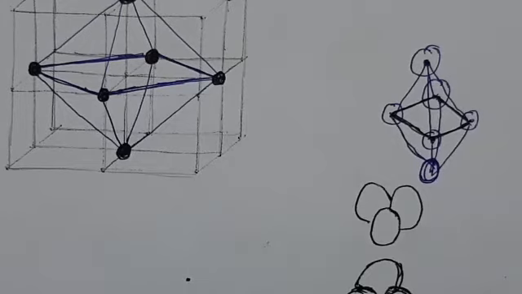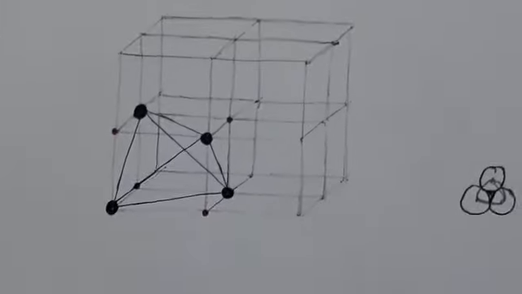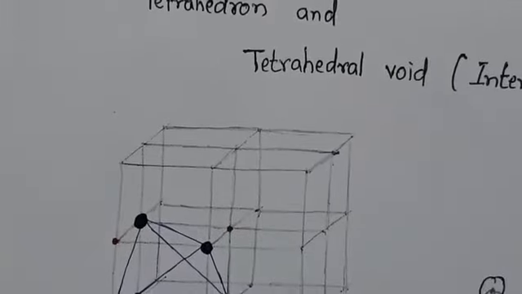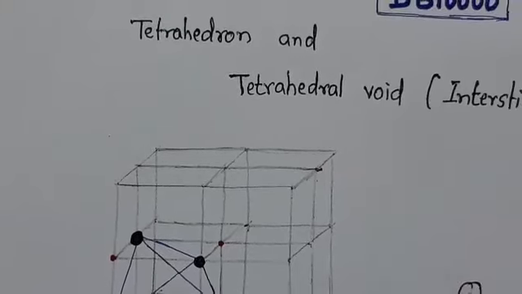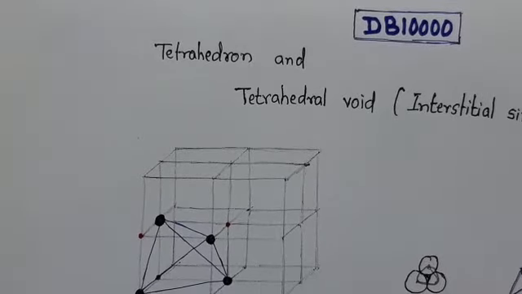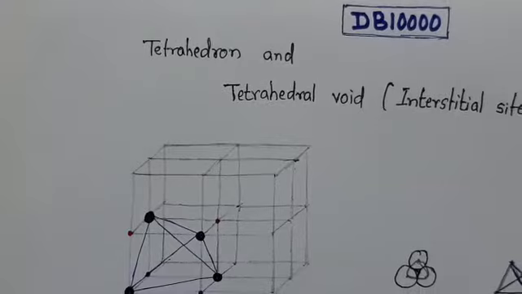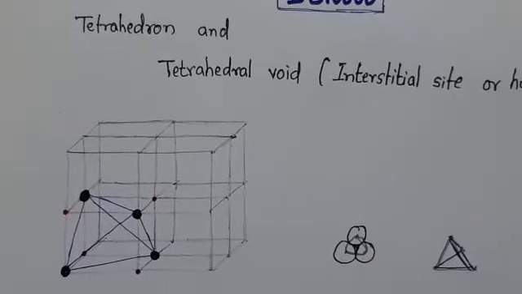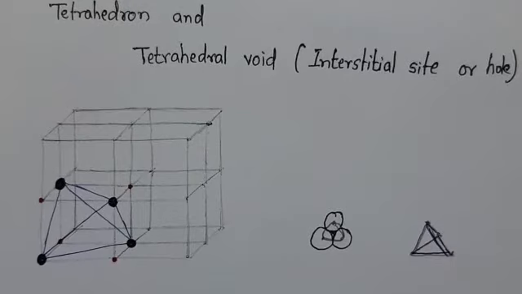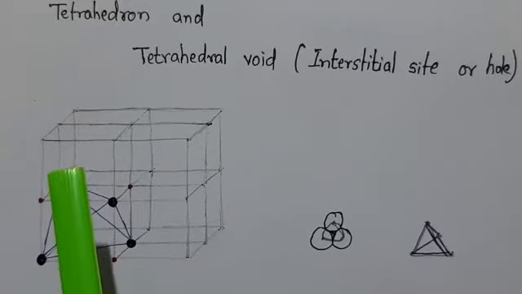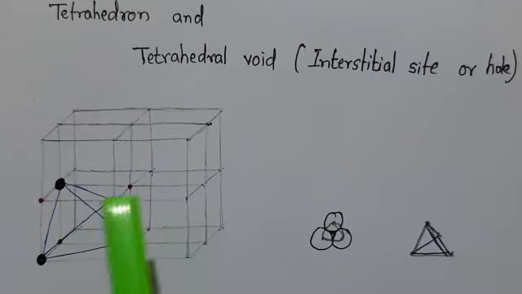Now this shape is a tetrahedron. Tetrahedron or tetrahedral void, the space between that, is known as a tetrahedral void or tetrahedron. See here, in a tetrahedron, 4 spheres are there, and these 4 spheres form, by joining their centers,